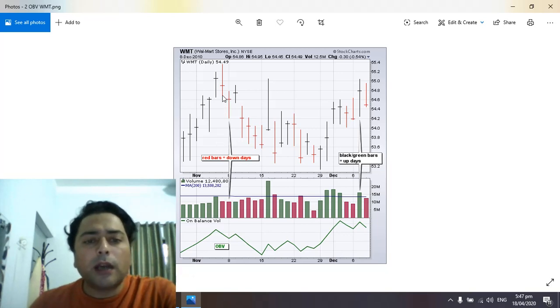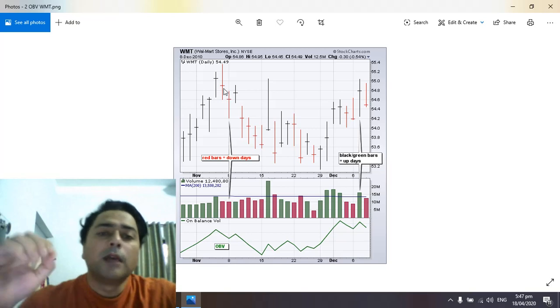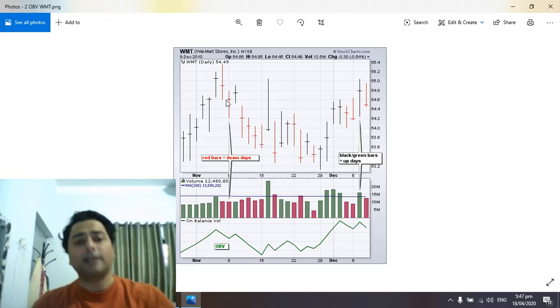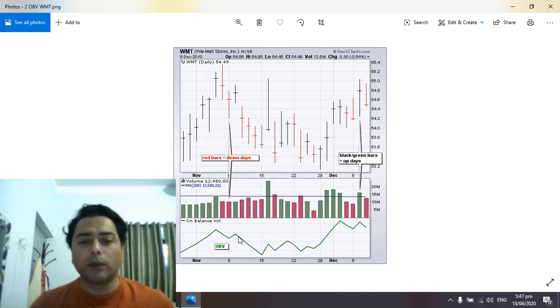Now after 8th of November, the price starts moving down. What you have to see is that the previous day's closing price is higher than today's closing price. So today's closing price is lesser than the previous day's closing price. So the price of the stock has fallen down, and therefore the OBV line is also going down. The volume is subtracted. It is said the buyers were not in the market. The volume traded was not by the bulls, it was by the bears. So it is subtracted from the OBV value, and so on and so forth.